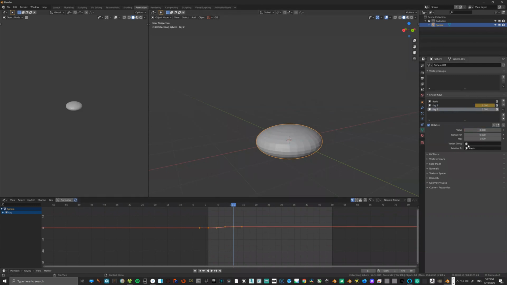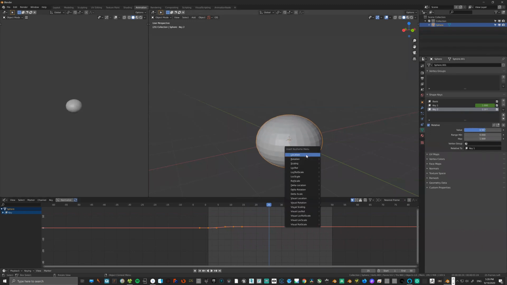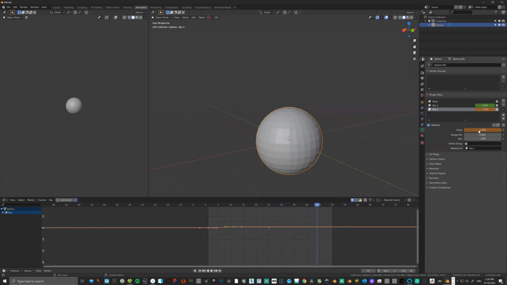After I select this one, I do these things, and after I increase it, I do another. So now if I play it,